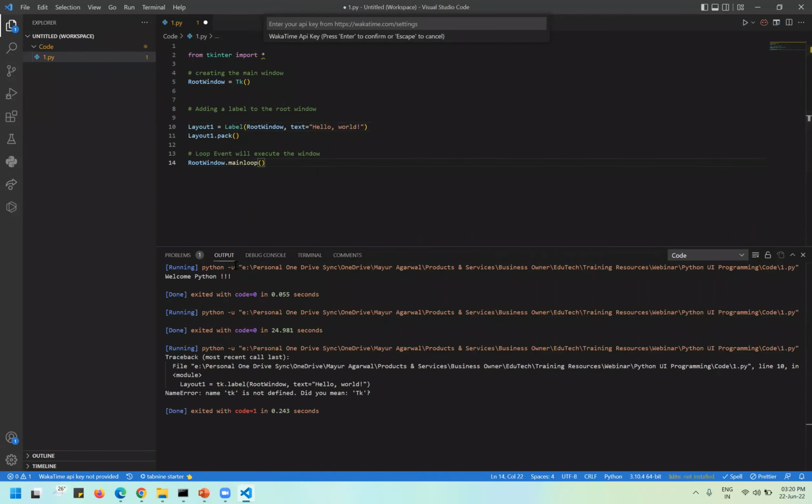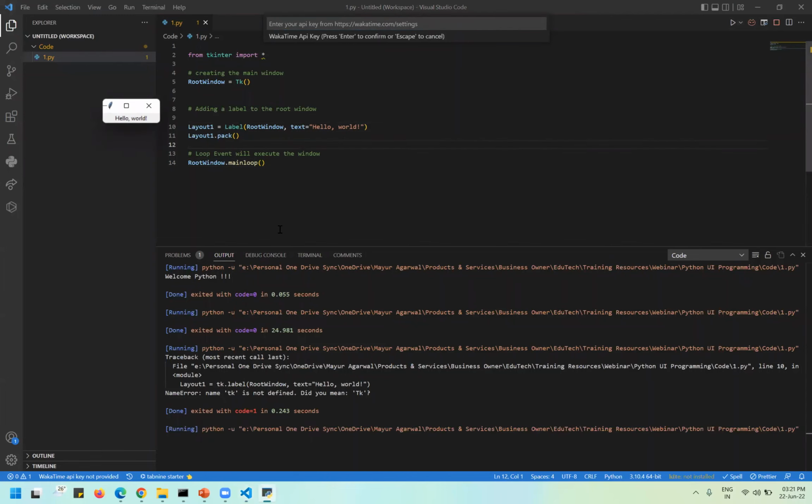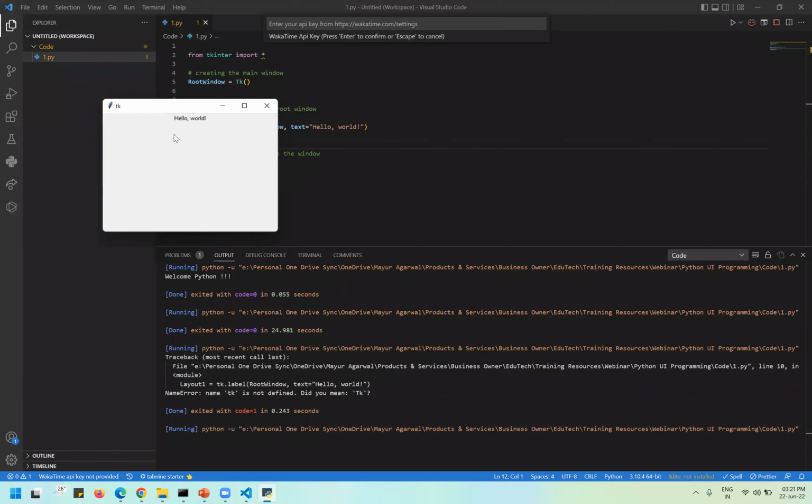So let's go ahead, execute. Okay, so we got one error over here. It says that you in TK. Save the code, execute. Okay, so now you can see that we got one small window, and in that window